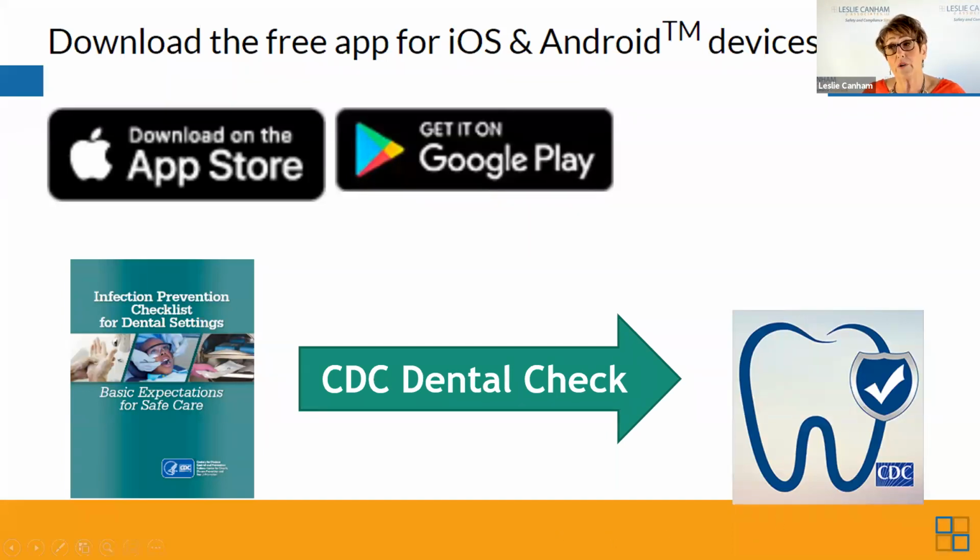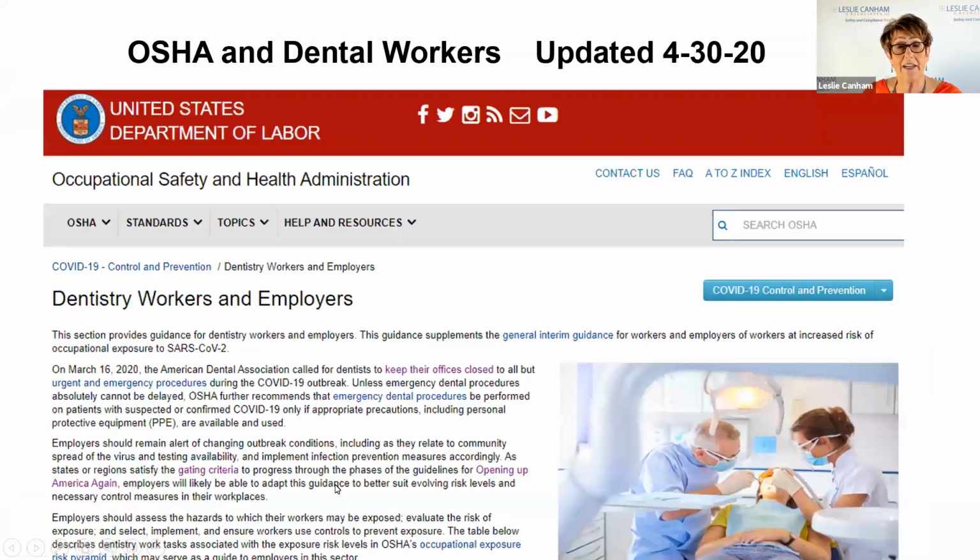Now, speaking of OSHA, let's just take a look now at the OSHA website that is dedicated to the COVID pandemic. They updated this in April, and you'll notice that it says dentistry workers and employers. I don't love the grammar that they use in this document. I have 3 slides that show you important aspects of this particular document. But I do want to just for a moment, besides introducing you to the interim guidance for dentists from OSHA,